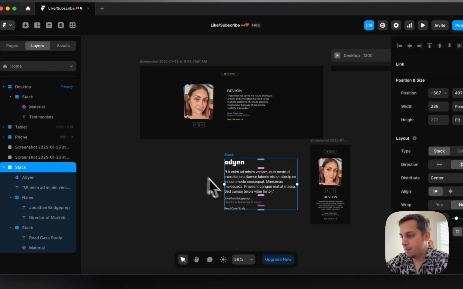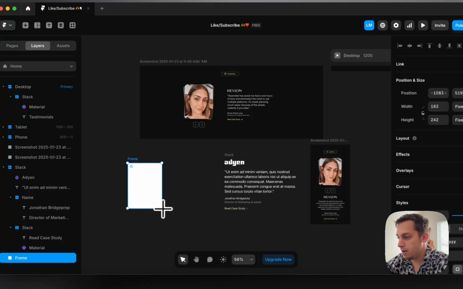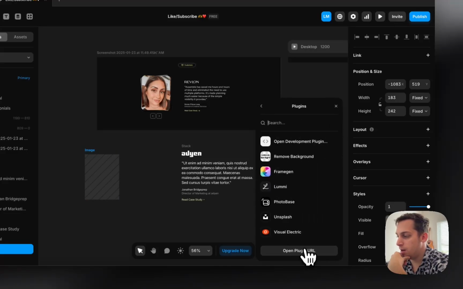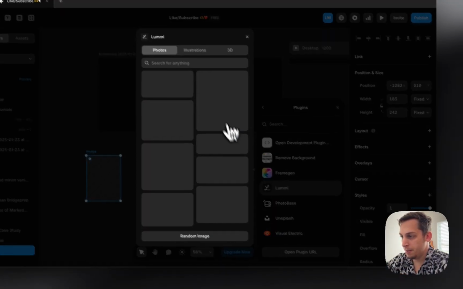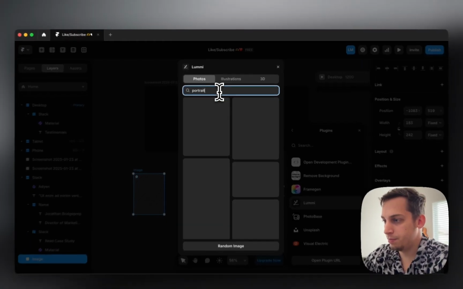So in order to do this, what we need is these people. So we're going to have to create different frames for each person, right? Let's just go ahead and create these different frames. So here I'm going to choose an image, and I'm going to choose a Lumi, and I'm going to use something like a portrait picture,